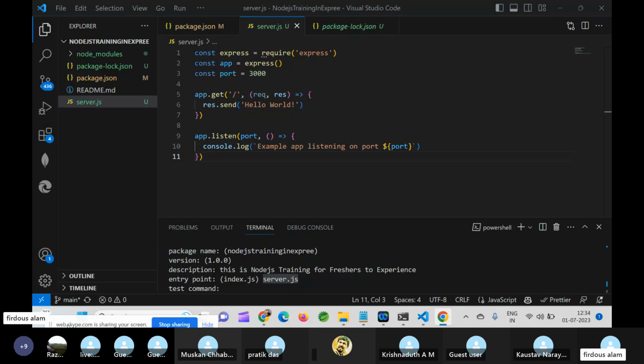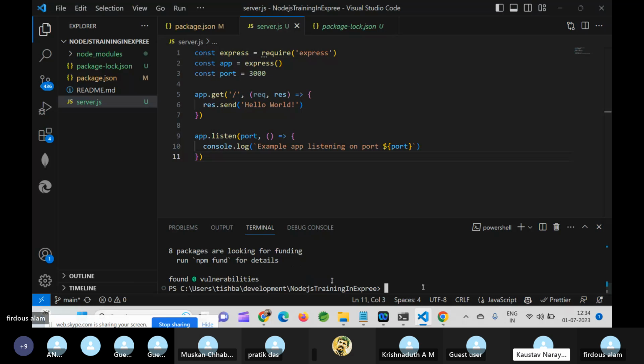Are we all good with this? Are we all able to understand this thing? Okay. So now in coding, if you're lagging behind, no issue. We have this recording. You can watch this recording again, and then we can talk in the next class. So let's go forward and see how we can run this code.